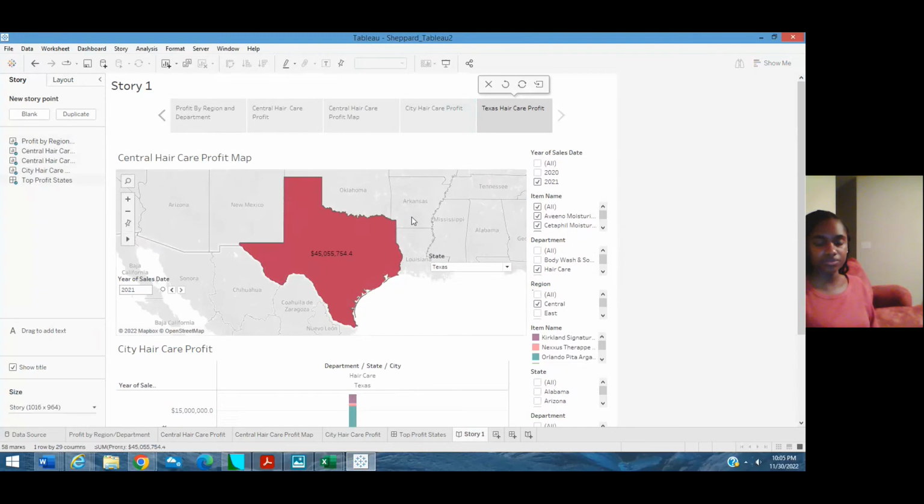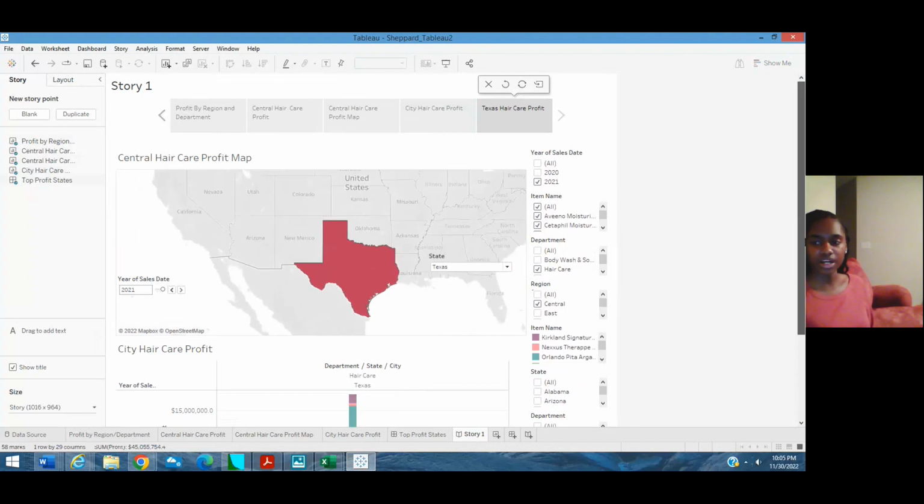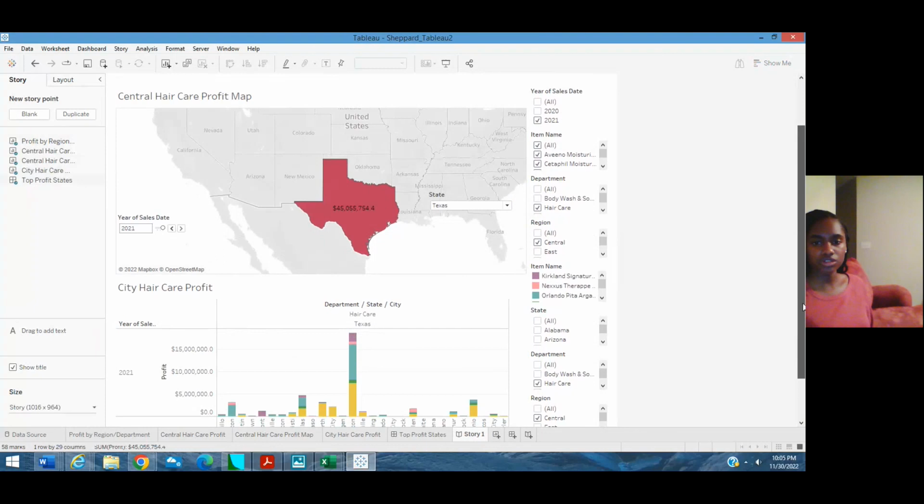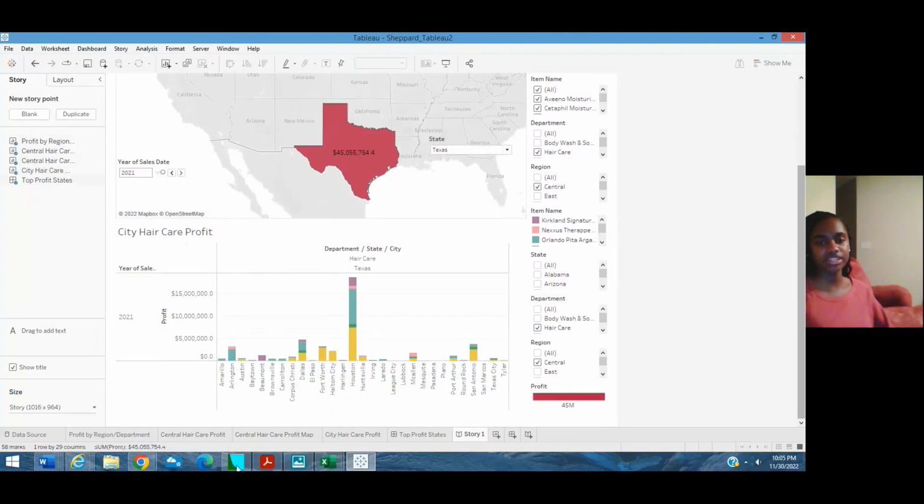So we see here that their profit in 2021 was $45 million roughly. And we want to understand why. So scrolling down, I see that the Texas, again, has